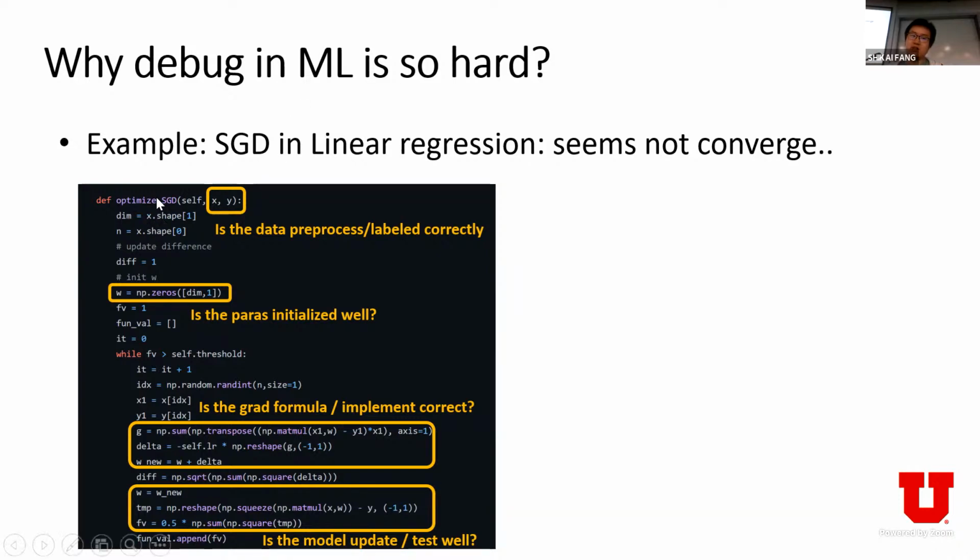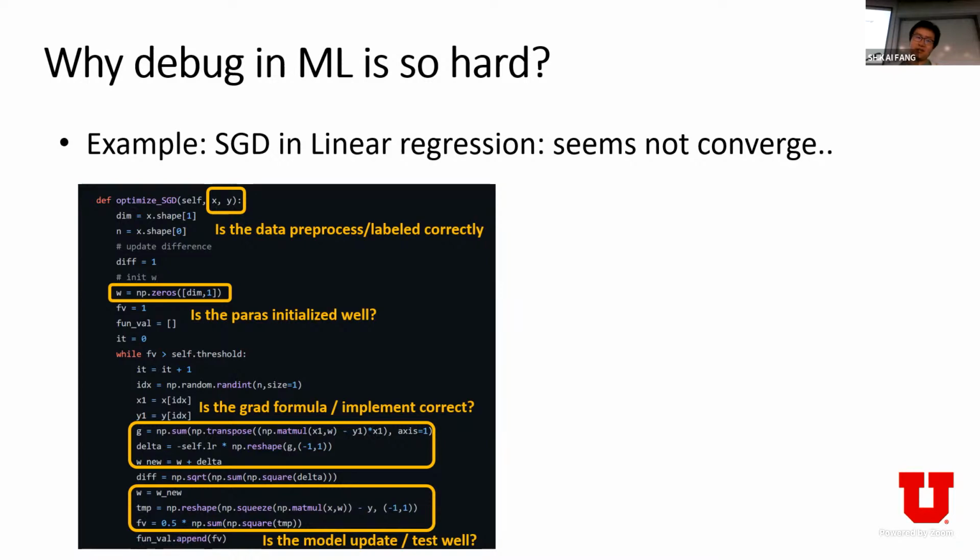First, check the input of your function, which is x and y. Here it just corresponds to the data. If your model cannot get very good results, is your data preprocessed? I mean, normalization, or whether you assigned the correct y, the correct label, to the correct samples, I mean, the correct x. Actually, I think last year one student was struggling very hard to solve these problems. He checked every detail about his algorithm and was very confident it was right, but his model still diverged. And finally, debugging with me, we found